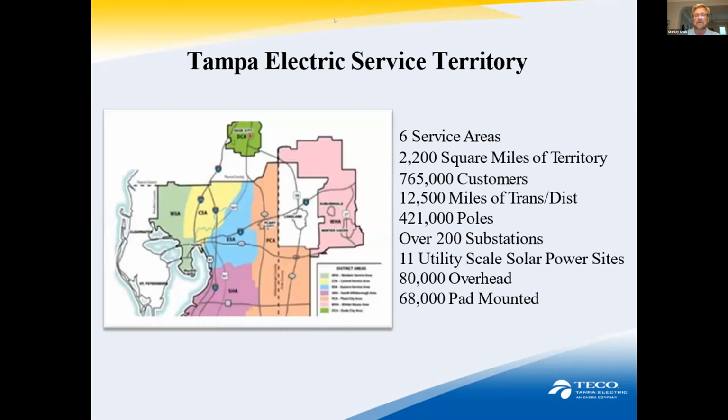So just want to let everyone know, just in case you're not familiar with Tampa Electric Company, our service territory, we have 6 different service areas, and they cover all of Hillsborough County, but we extend a little bit into Pinellas County, and we're also in Pasco County as well as Polk County. And so you can see our service area there. We have 2,200 square miles of territory, almost 800,000 customers now. We have over 12,000 miles of transmission and distribution lines, over 400,000 poles, over 200 substations, and actually I just